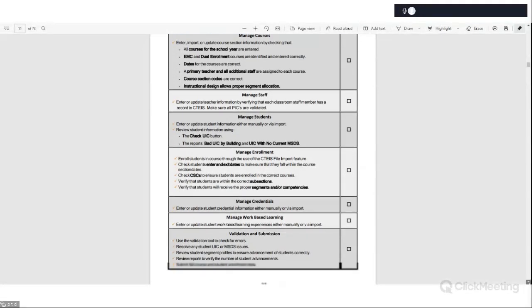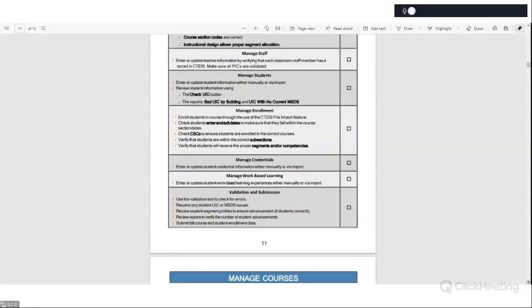Your managed enrollment lists: enroll students in course through CTEIS, check your students' enter and exit dates, check CSCs. You can use this managed enrollment checklist to make sure you're verifying everything there, manage credentials, manage work-based learning, and then finally your validation and submission. You want to make sure that you have all of these checked off before you go ahead and submit that